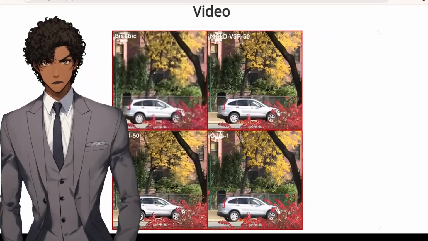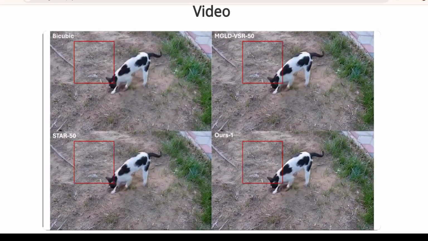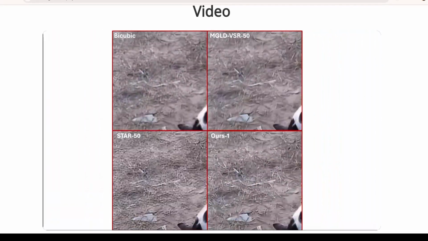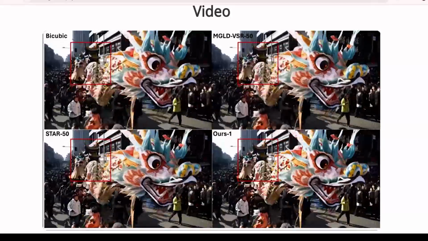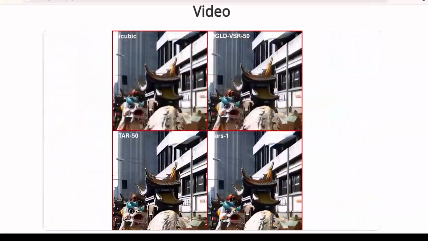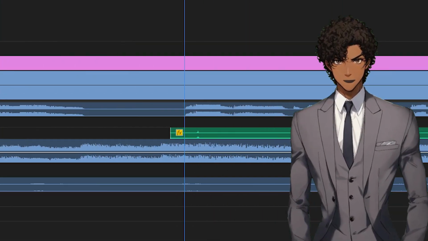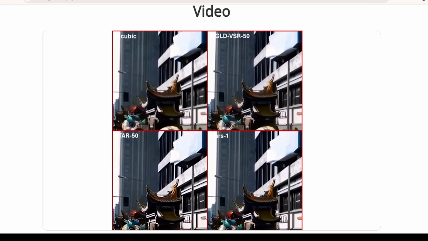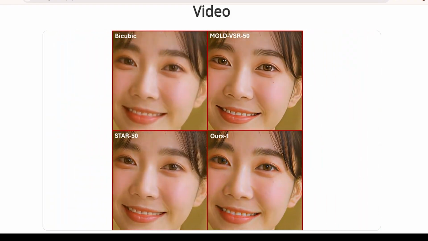upgrade your footage. In today's video, I'm going to show you 3 incredible AI tools that can restore old or low-quality videos, add realistic background blur, bokeh, for cinematic effects, automatically lip-sync video and audio in seconds. Whether you're a YouTuber, content creator, video editor, or just someone who loves exploring AI, this video will blow your